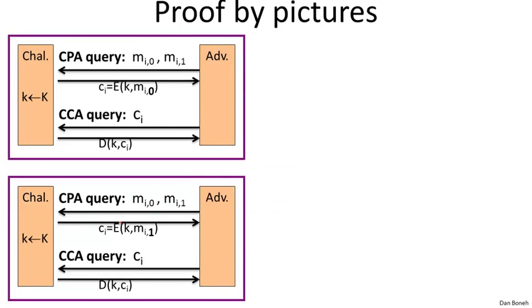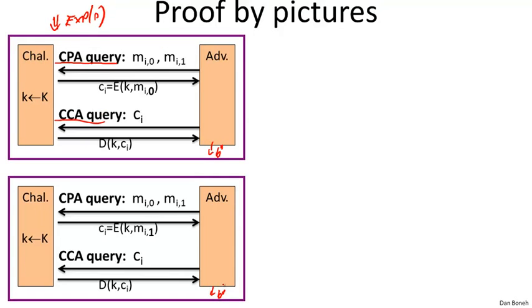Okay, so here we have two copies of the CCA game. The top one is experiment 0, and the bottom one is experiment 1. You can see the adversary is issuing CPA queries, and he's issuing CCA queries, and at the end he outputs a certain guess b, let's call it b prime, and our goal is to show that this b prime is indistinguishable in both cases. In other words, the probability that b prime is equal to 1 in the top game is the same as the probability that b prime is equal to 1 in the bottom game.